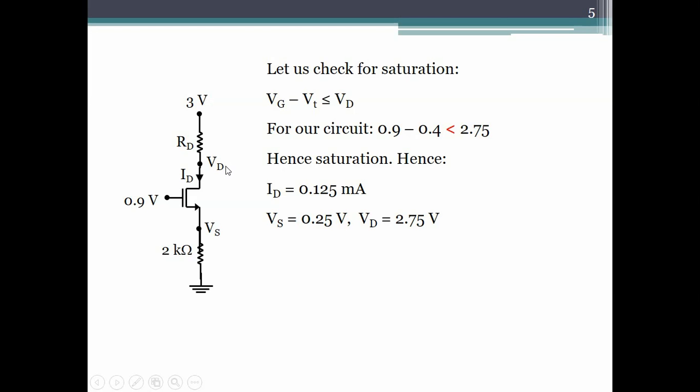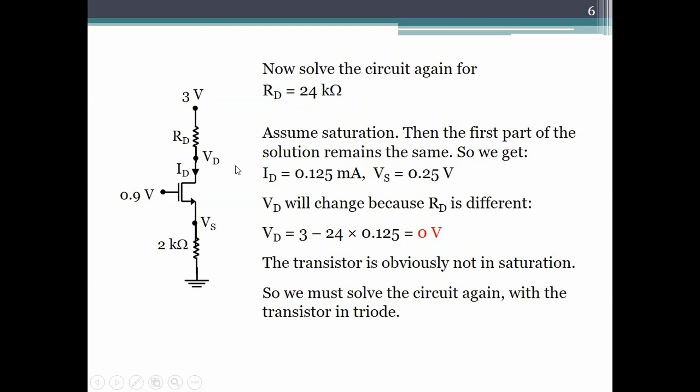voltage will keep changing. Okay, so the next circuit we solve is for Rd greater than 20, which is 24 kilo ohms. Alright, so now we already saw that the transistor will not be in saturation, and if we actually find Vd, it turns out to be 0, assuming saturation. So obviously the transistor is not. So now we must solve the circuit again, assuming that the transistor, in fact now knowing that the transistor is